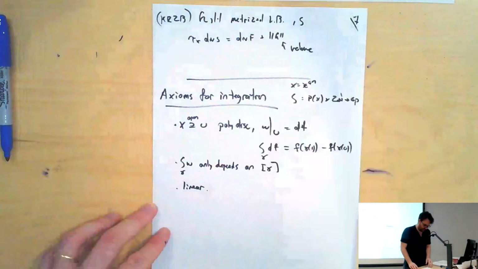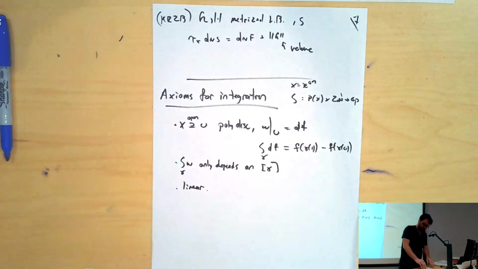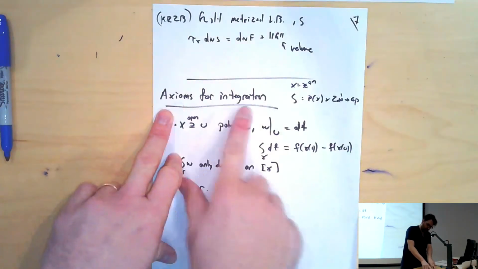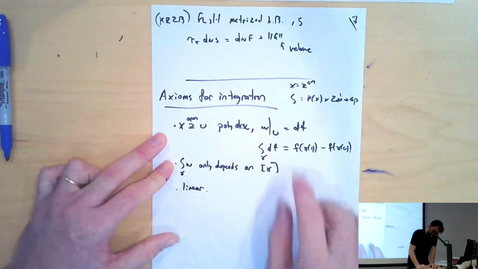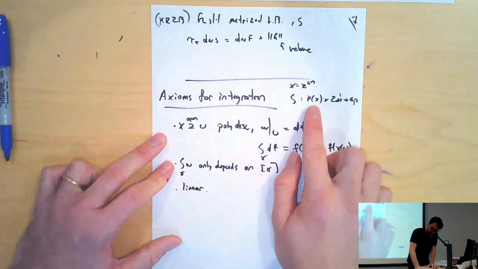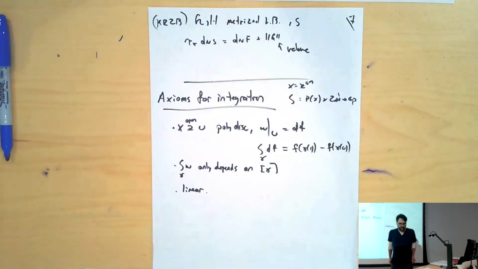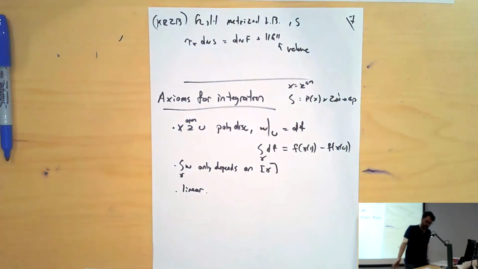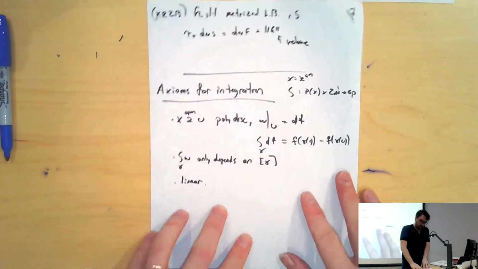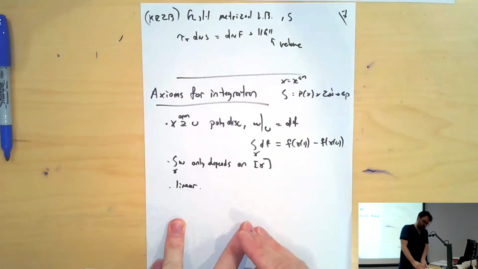Great, so there it is, metrized line bundle. Quickly, this is the name of my new metal band, Axioms for Integration. Integration on a Berkovich space works like the following. X-an is a Hausdorff, path-connected, generally path-connected, locally at least, space, and what we do is we set up axioms